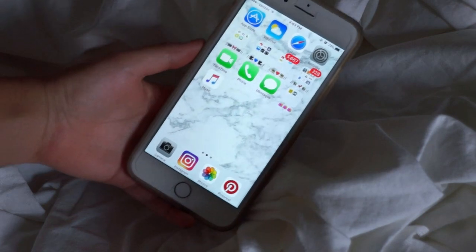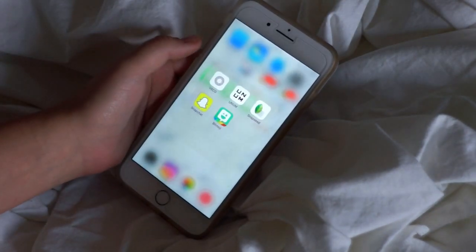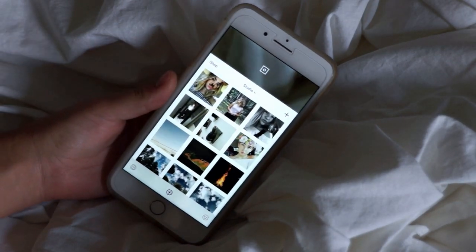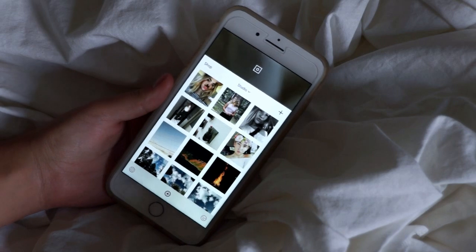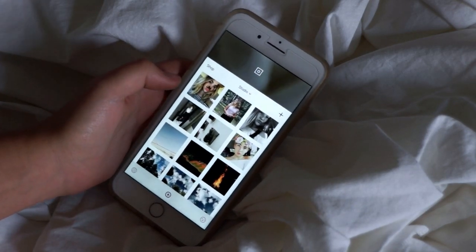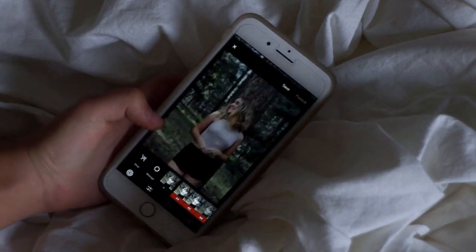Now I'm going to show you how I edit my Instagram pictures. So we're going to open up VSCO or Visco, and what I do is I import a picture, which I already got 2 sample pictures to show you guys how I do it. So I'm going to open up this picture,